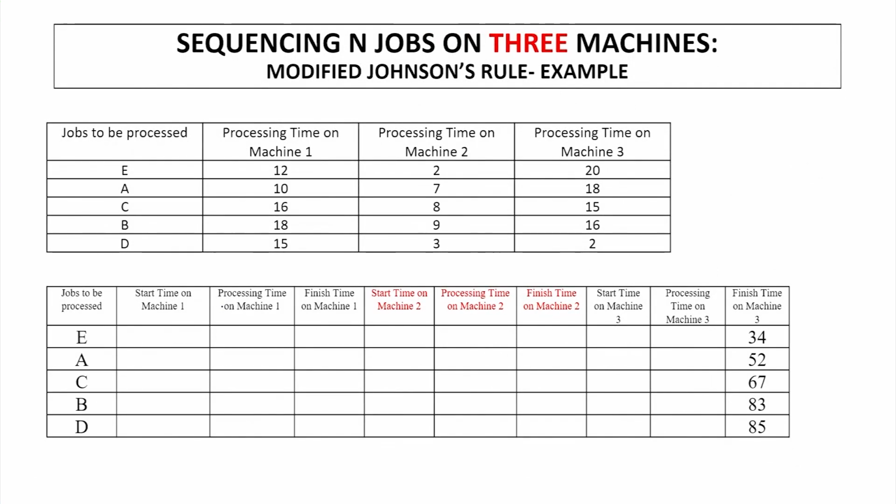So, the processing times we can copy here: 12, 10, 16, 18, 15, and then similarly for machine 2 we have 2, 7, 8, 9, 3. For machine 3, we are having 20, 18, 15, 16 and 2. Okay. So, as we were doing earlier,